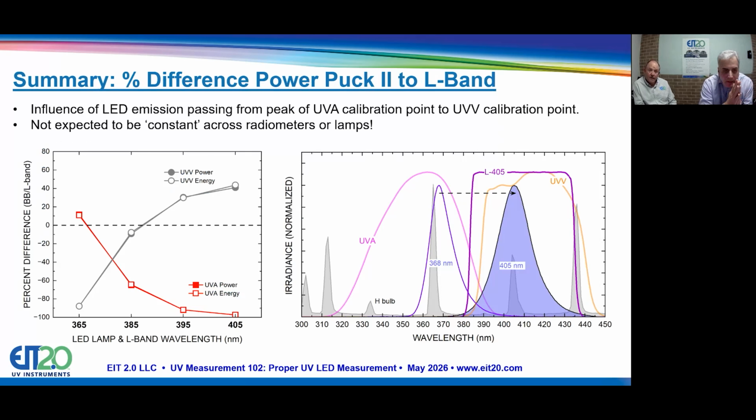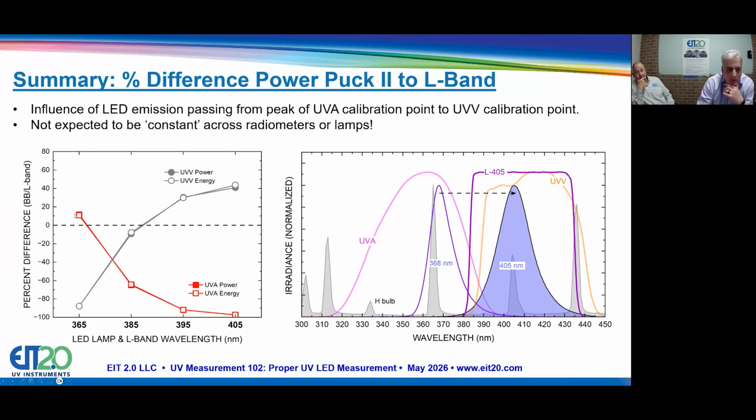I'd like to summarize all the data here in just two graphs. I hope this isn't too busy, but let me walk through it, and I think we'll be able to piece this together fairly easily. On the graph on the left here, we have the percent difference, a comparison of the broadband versus the L band lamps. So if we just look at the left axis and we look at the A band,